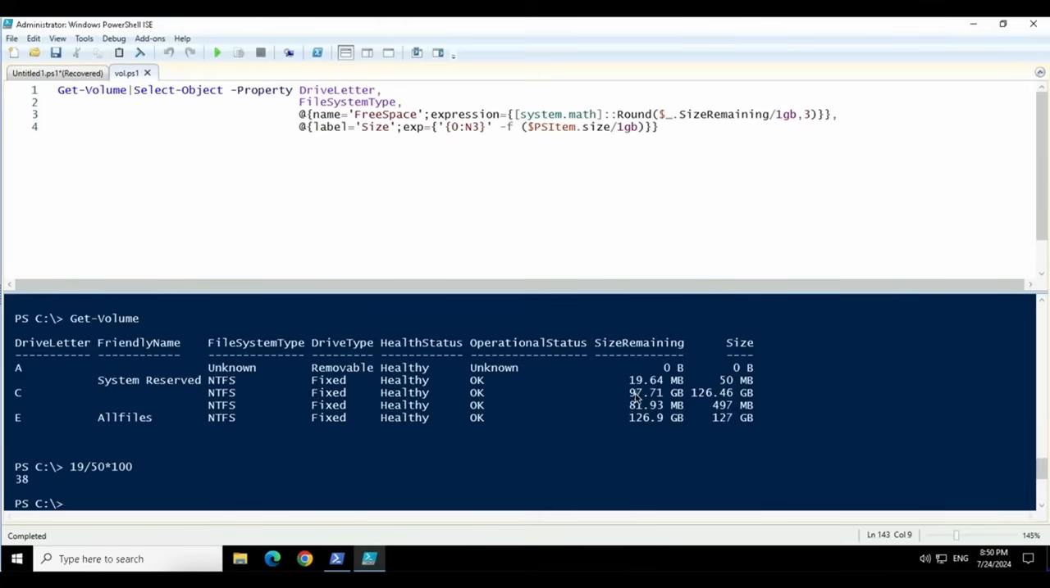So what I can do is create a calculated property here using this math. I will go with the comma to define another property, the at sign, and then I will label or name it. Name equals, I want to name it free space in percentage. Semicolon, expression equals curly braces started and stopped. Dollar underscore, the PS item placeholder, I will use to access a property which is size remaining. So size remaining,